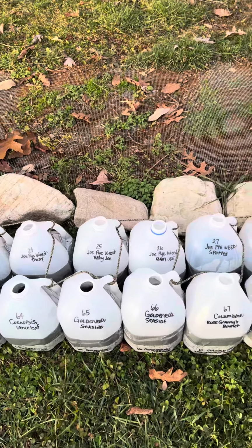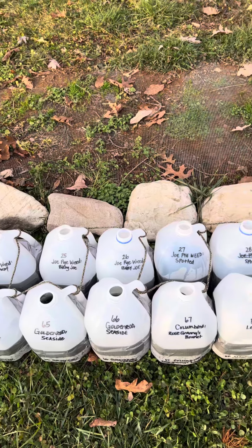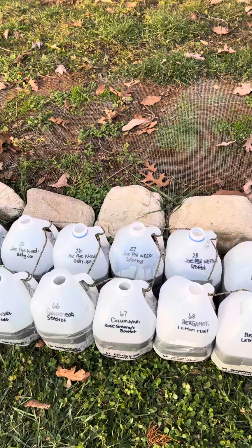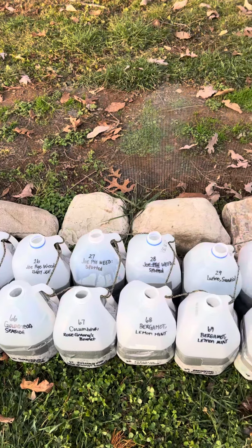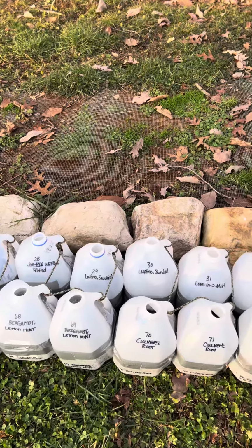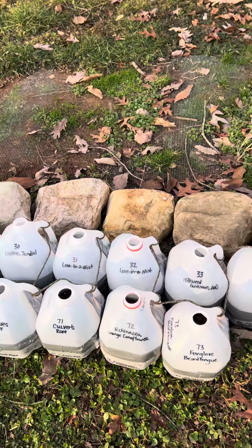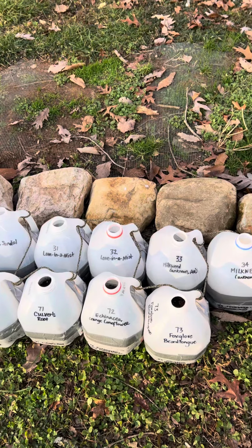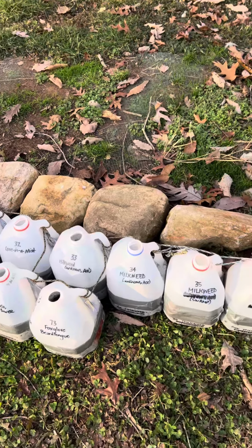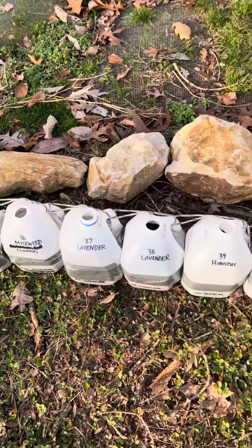seaside goldenrod, baby Joe Pye weed, spotted Joe Pye weed, rose granny's bonnet columbine, lemon mint bergamot, sundial lupin, Culver's root, love in a mist, otherwise known as nigella, orange coneflower echinacea, foxglove beard tongue, some unknown milkweed that I got from the Ace parking lot, swamp milkweed, lavender, and